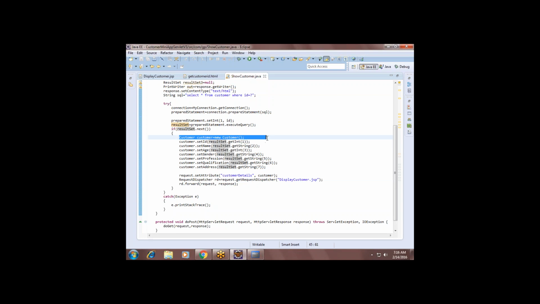So wait, how will you print the data? Out.println, with servlet and JSP.